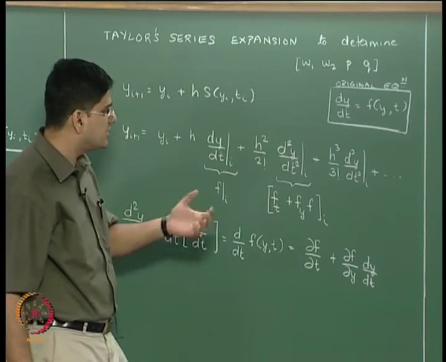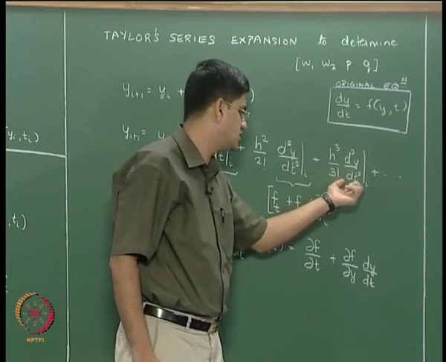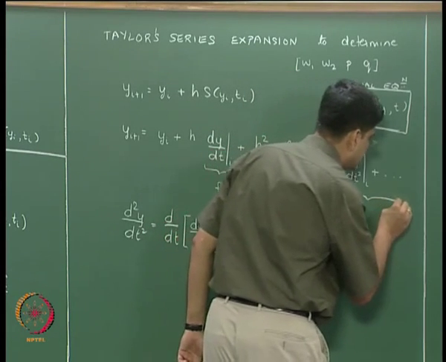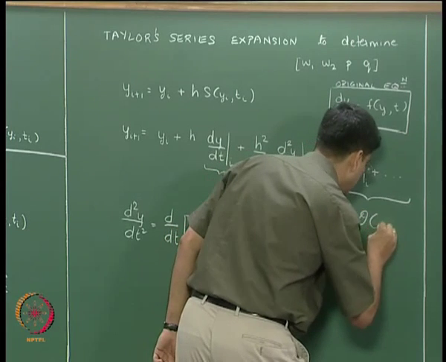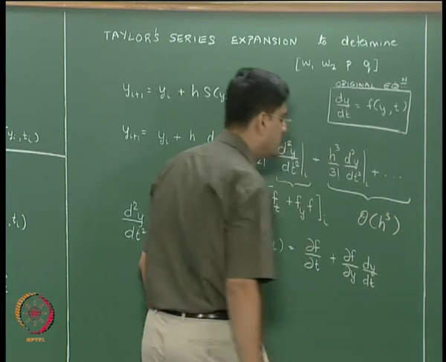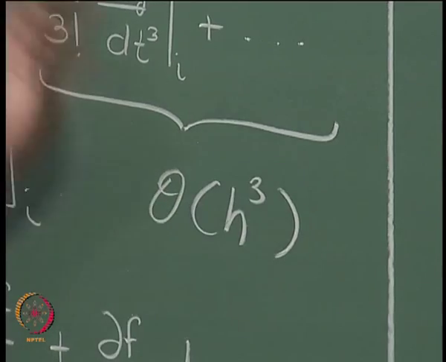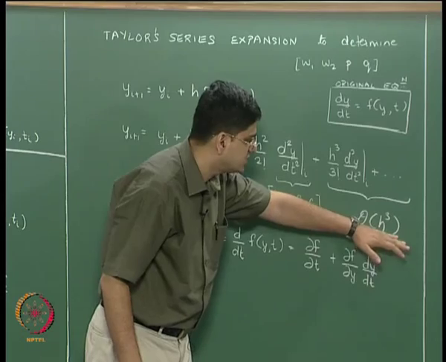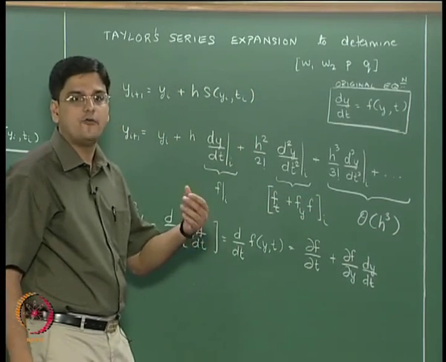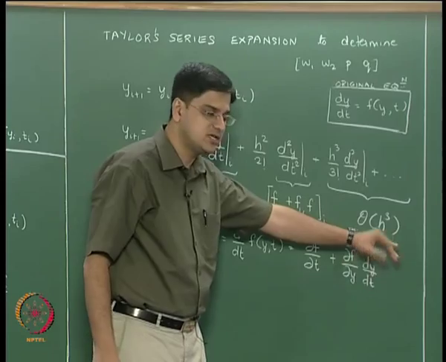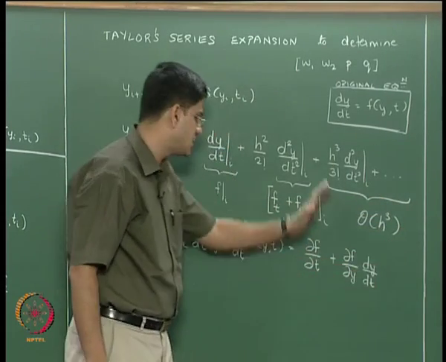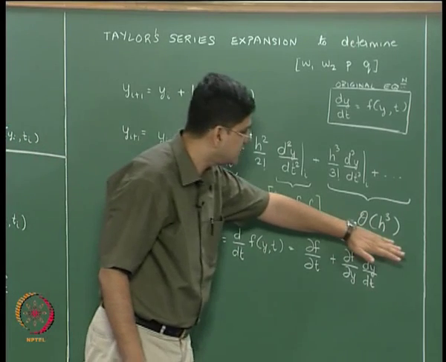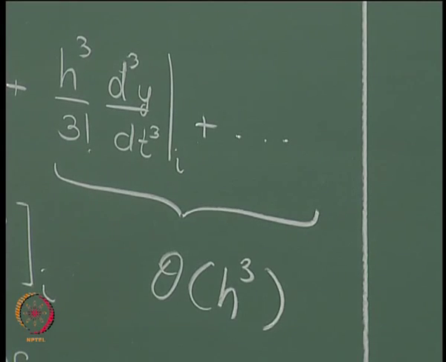For RK2 method, we do not need to expand this particular term. So all these terms, I will just write them as O of h cubed. Okay, so if we discard all these terms, the order of accuracy that we are going to get is the accuracy of h to the power 3. What we will show in a few minutes from now is that indeed these are the terms that we are going to discard, these are the terms that we are going to retain, and therefore the RK2 method has an accuracy of order of h cubed.